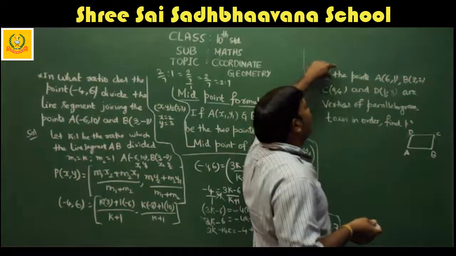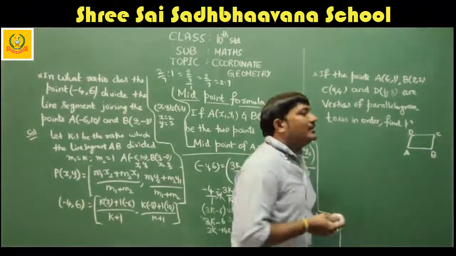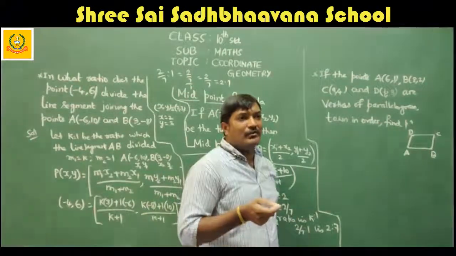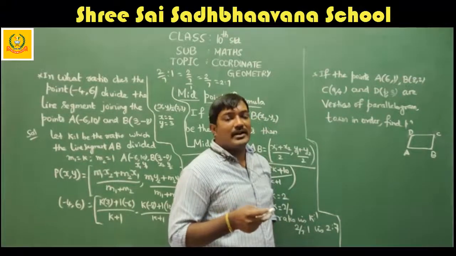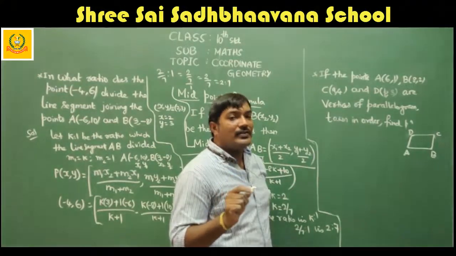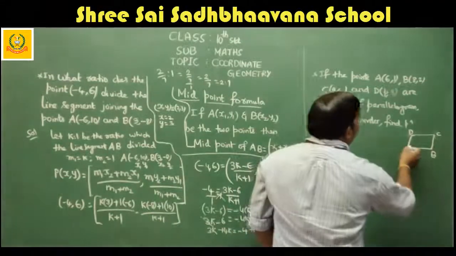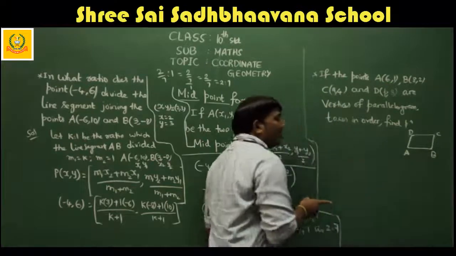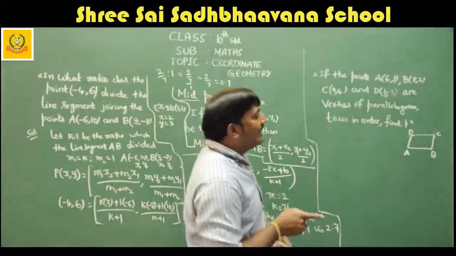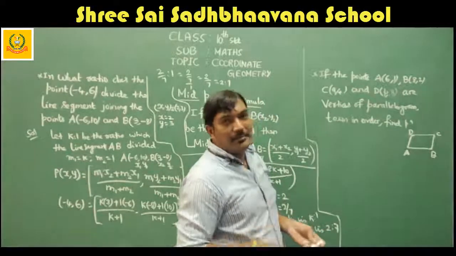So if the points given are the vertices of a parallelogram, find P. Okay. So here, to find P, you can use one thing in a parallelogram. All of you know that in geometry you studied last year. In a parallelogram, opposite sides are equal, isn't it? Always remember, in a parallelogram, opposite sides are equal, and we learned it. So what we can do, we can just find the distance. See, if you need to find AD, I can just find the distance between A and D, you will get AD. Correct? I find the distance between B and C, you will get BC.